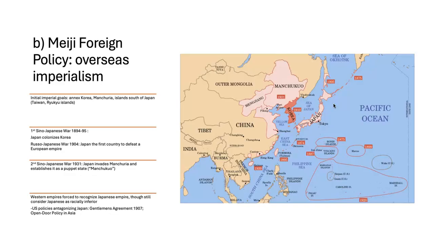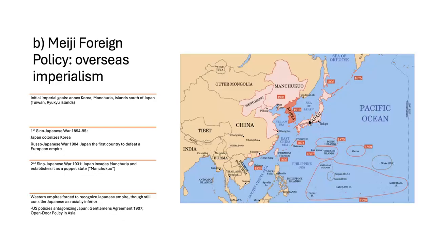So they looked around and immediately noticed that Korea was a site set by other empires, specifically, as we'll discuss, Russia, and to an extent, China. So Japan knew that should Russia gain control of the Korean peninsula, they're too close for comfort when it comes to proximity to Japan.